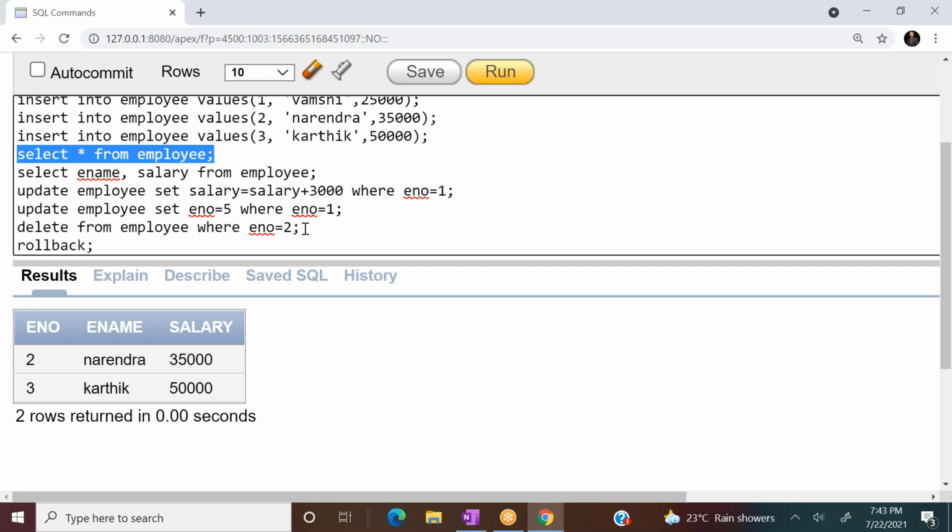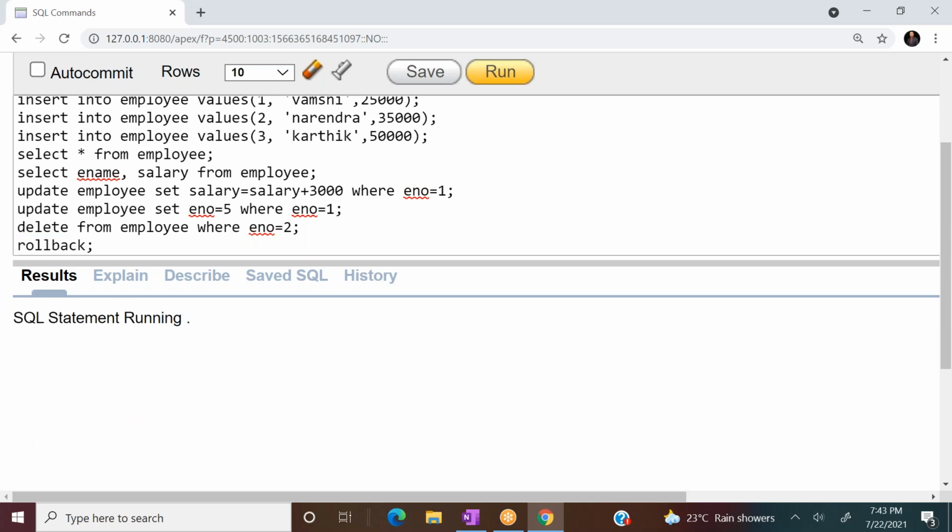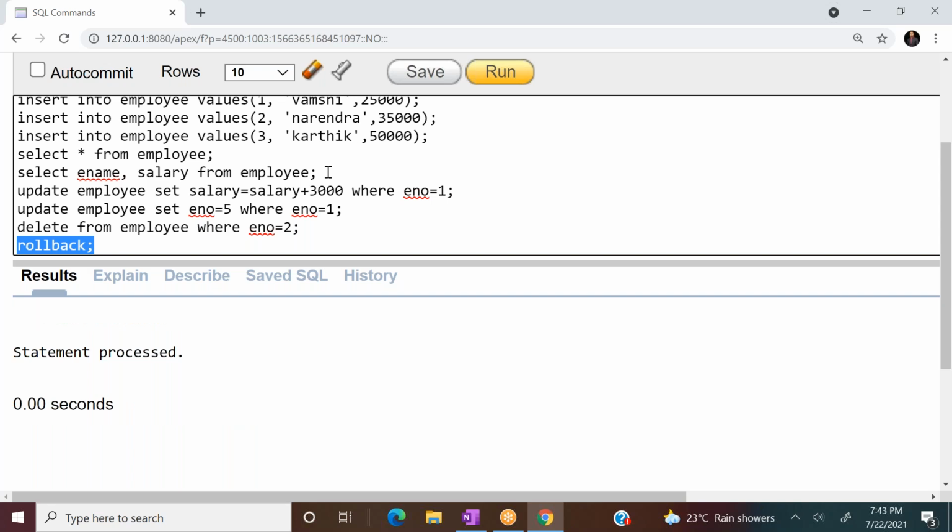Now one more thing here: delete from employee where e number equal to 2. If I delete, first it is deleted, later if I execute rollback, then it is recollected back. And because it is recollected back, if I execute rollback again, what happens? Statement processed.